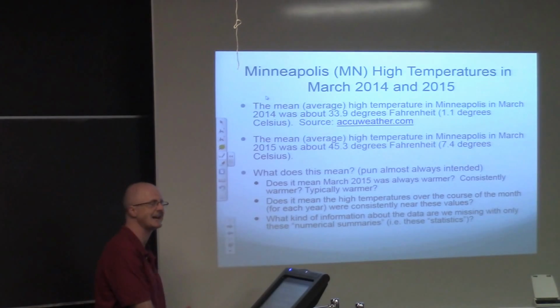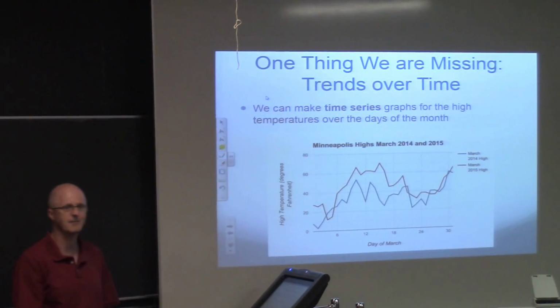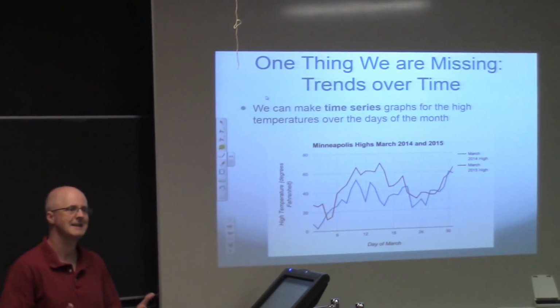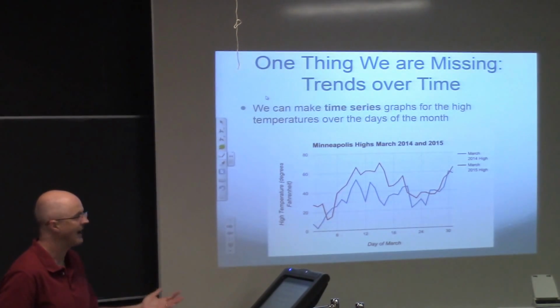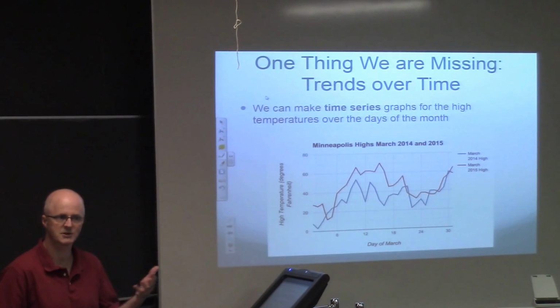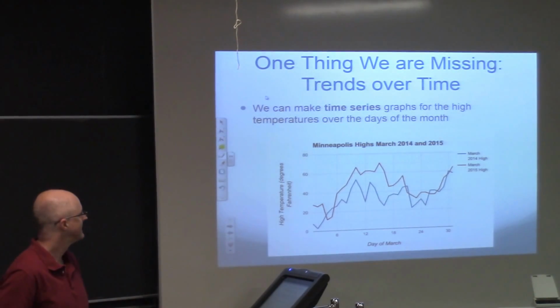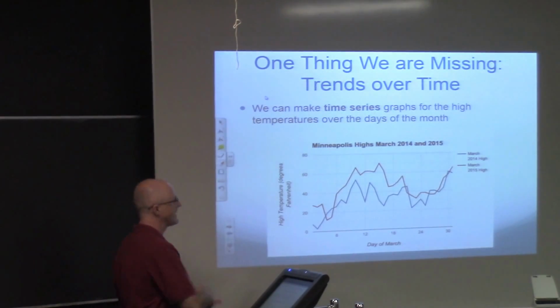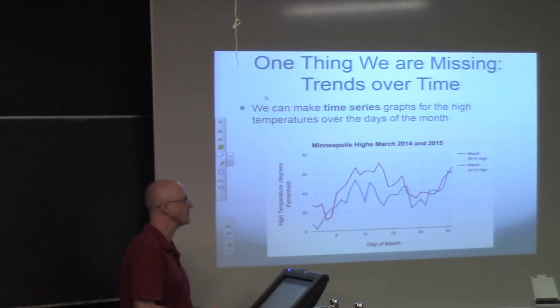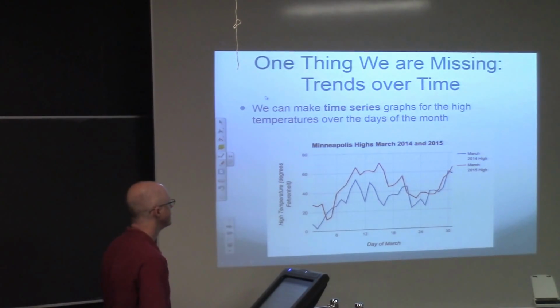In particular, these data are described over time. There's a context. Data always comes with context, real-life data. And the context is, these are temperatures over a month in Minneapolis. And so there's a time element, there's a day of March. We can graph those high temperatures based on the day. These are called time series. And you can see the general upward trend.